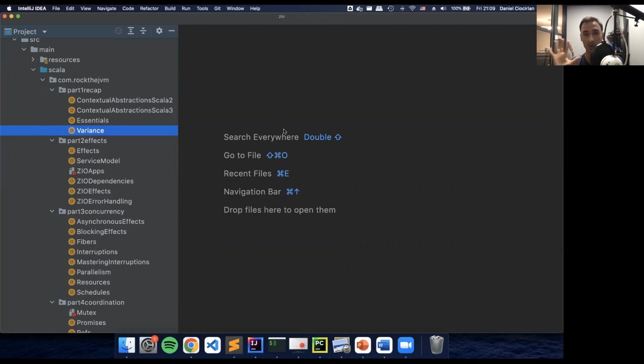So this is what I do on all my more advanced courses. I go through a recap of the essentials and the very relevant pieces that you will absolutely need in this course. So for Zio, variance is very, very important. Obviously, I also dive into some implicits and givens because I want this course to support both Scala 2 and Scala 3, but it's nothing rocket science. Variance is much more important for the course.